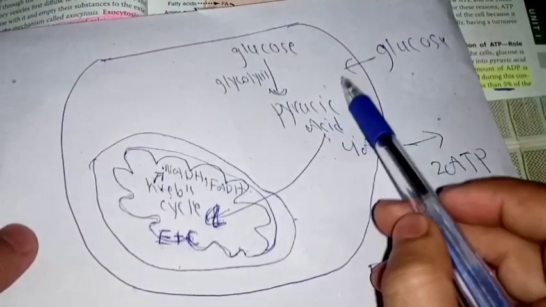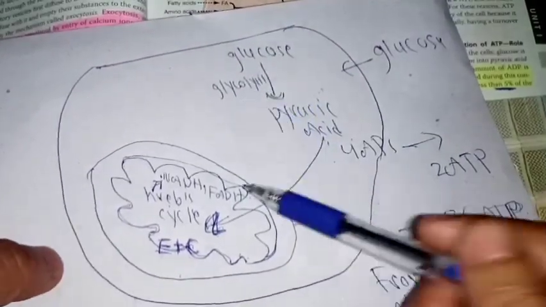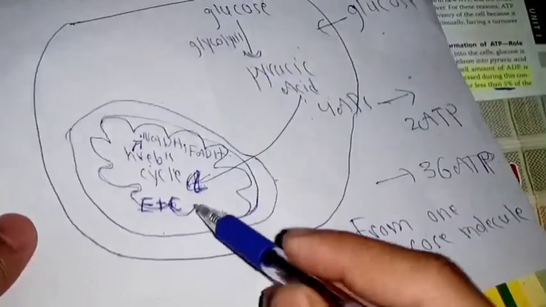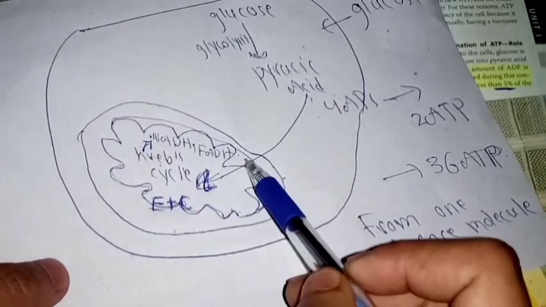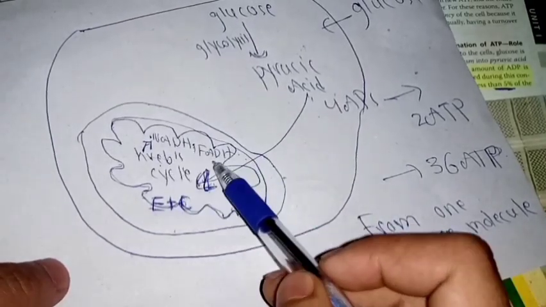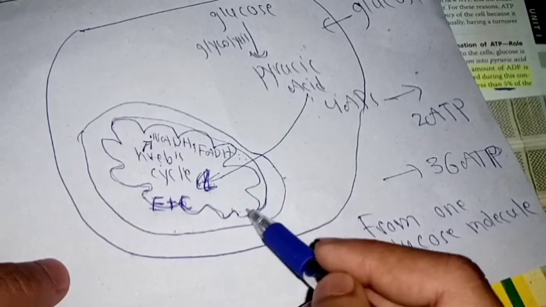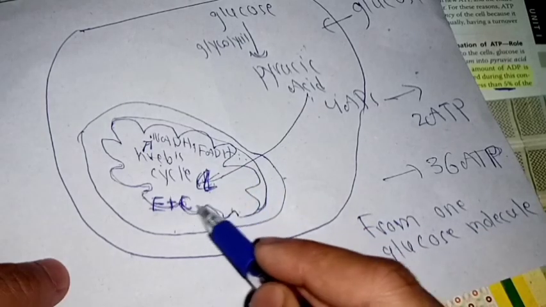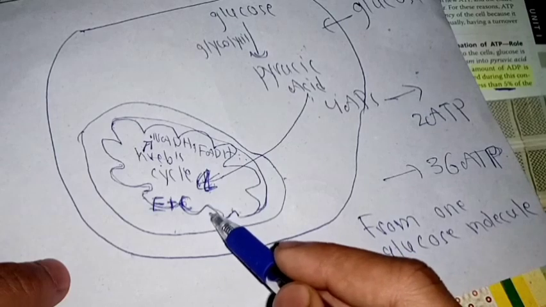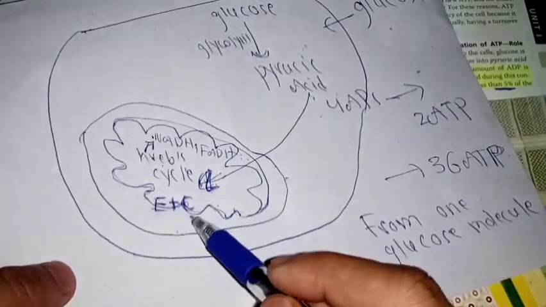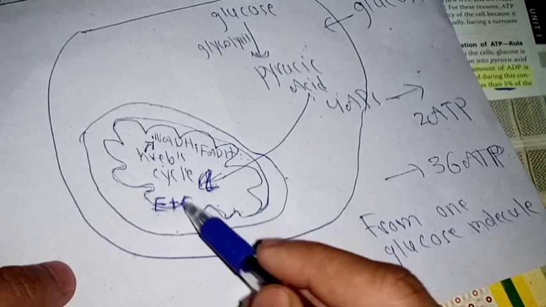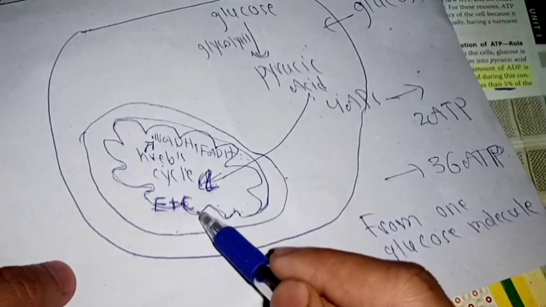First of all, glucose gets into the cell. Glucose through the process of glycolysis is converted to pyruvic acid. Pyruvic acid then goes to the mitochondria. Through the Krebs cycle, they form NADH and FADH. The NADH and FADH then, through the oxidative enzymes present in the shelf, carry out the electron transport chain, and the energy